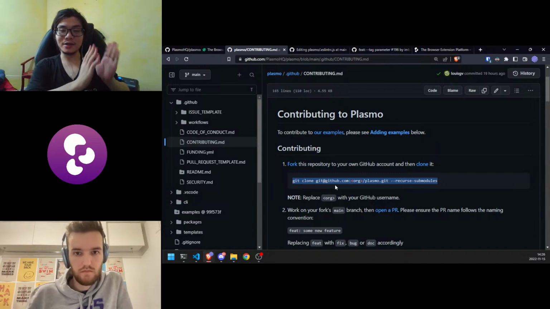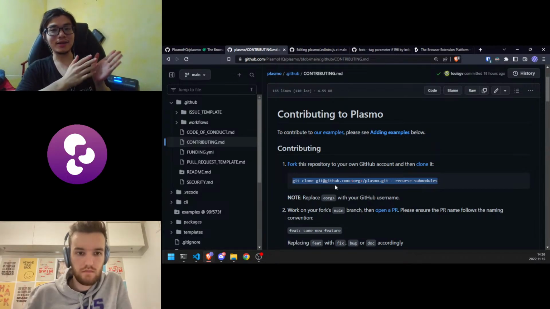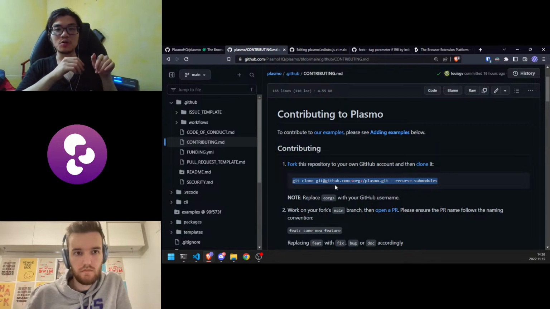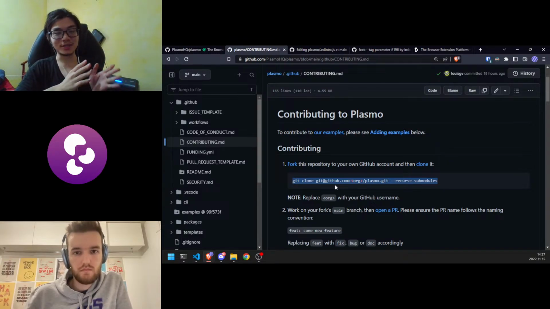So the idea here of this contributing guideline, the brief, is that we want to build Plasmo locally on our machine together with whatever changes you have done to Plasmo and test it out. That's a key idea. And so to test out the changes,